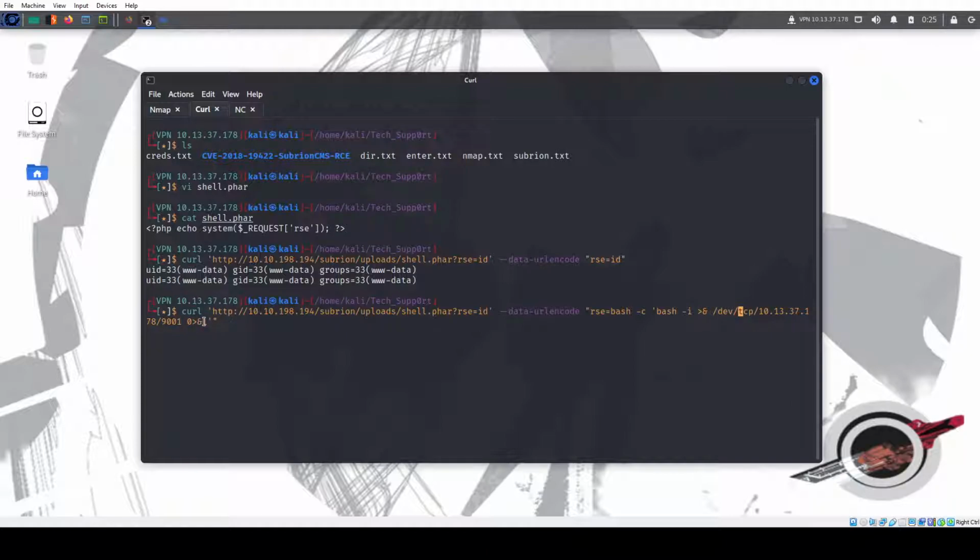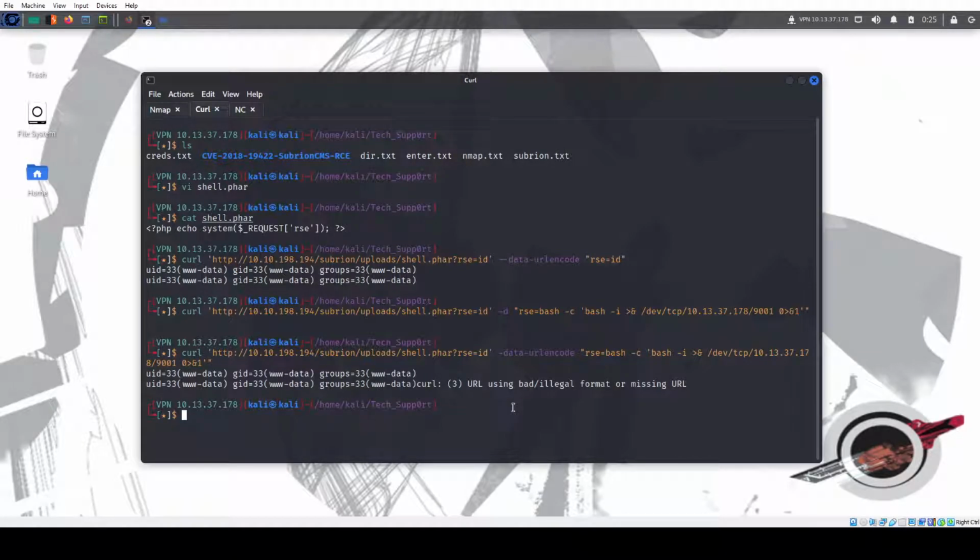Now, if I do this without the URL encode, see, I'm listening. It would probably fail. It does. Too many quotes and whatnot. But if we do it with data URL encode,